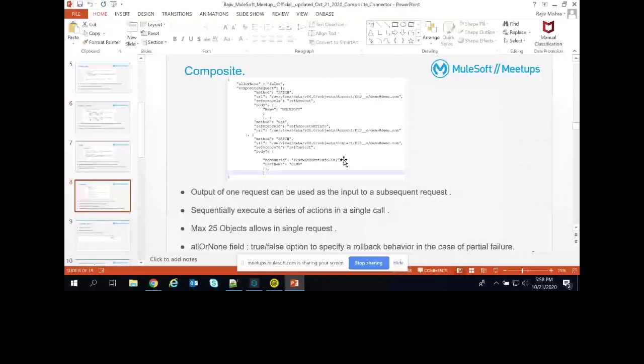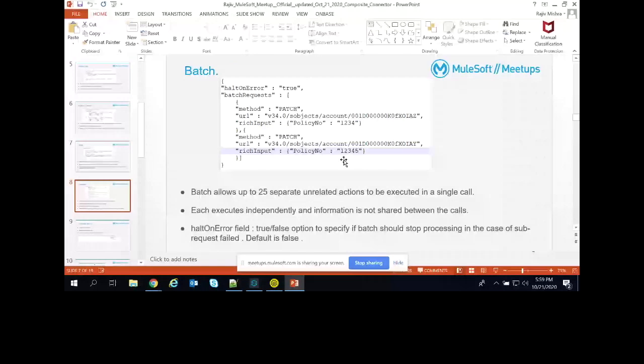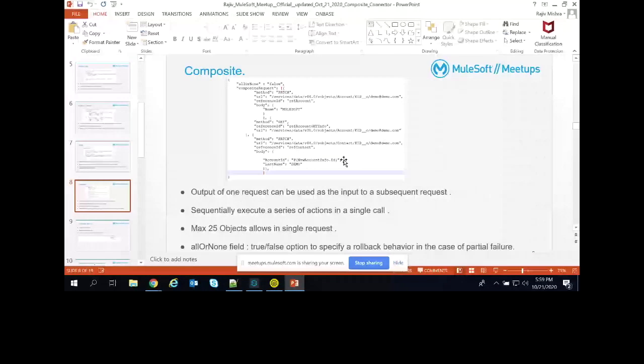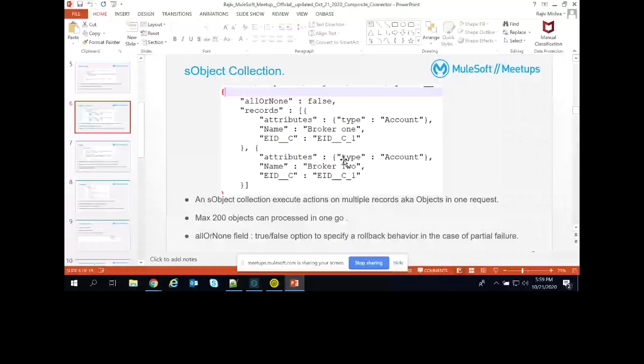So in that case, I will suggest we can go through the sObject tree. Suppose the calls that we are making for the request are all unrelated but of the same object or action. In that case, we can use the operation sObject collection. That is the best way for this particular request and the use cases that we have.